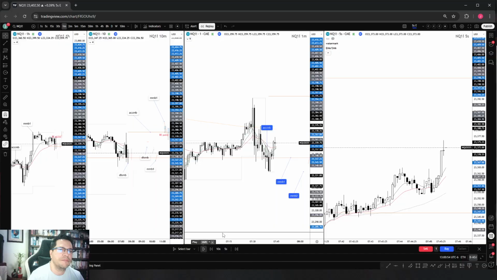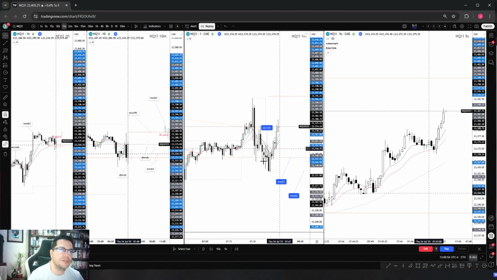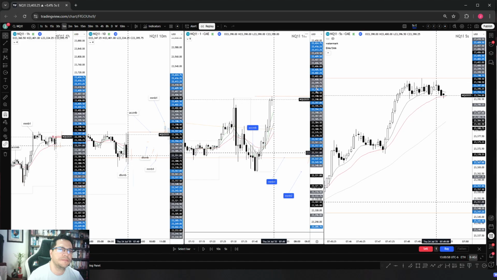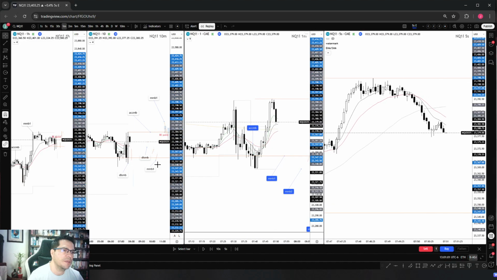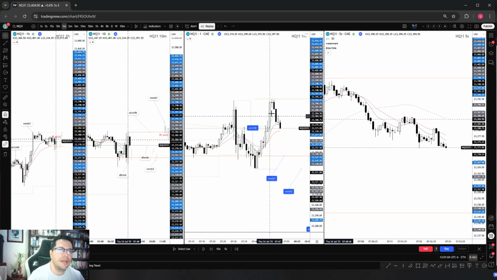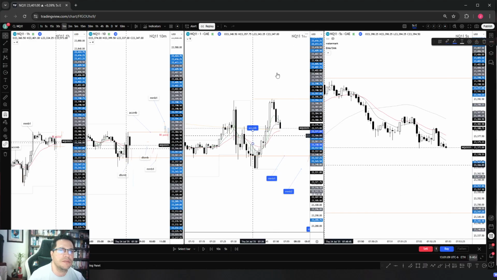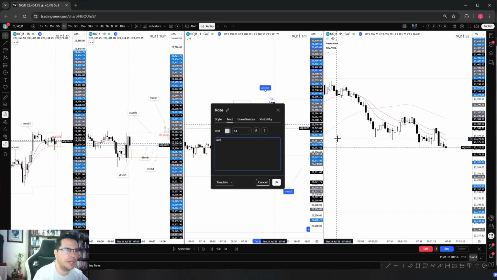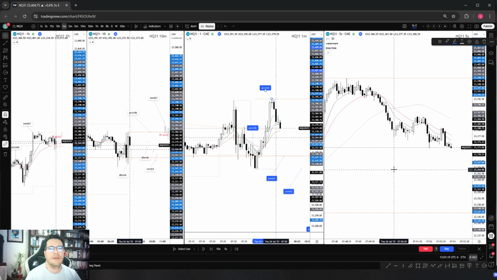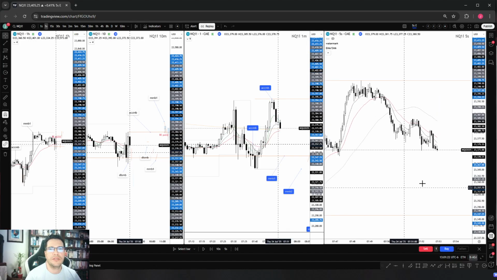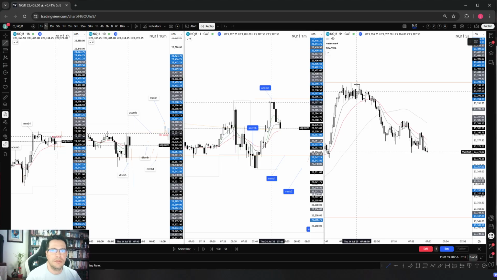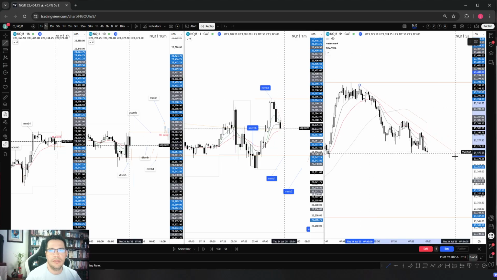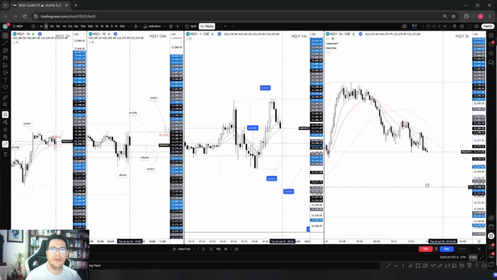Then what I have marked here is some sort of accumulation on our validation time frame, and from there this can be seen as an MMB1. Let's see if this develops as we would like. At that time this was our MMB1, and this is the reaction that it created. So this would be our containment line right here.